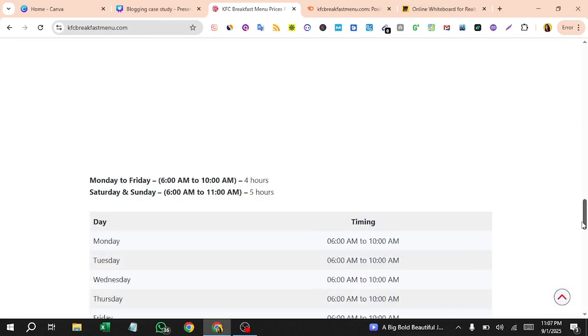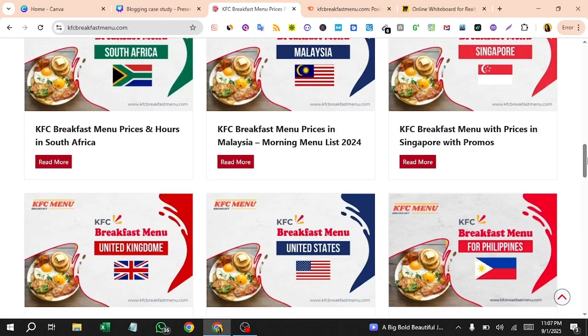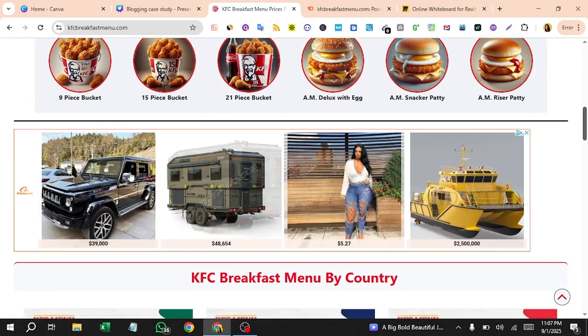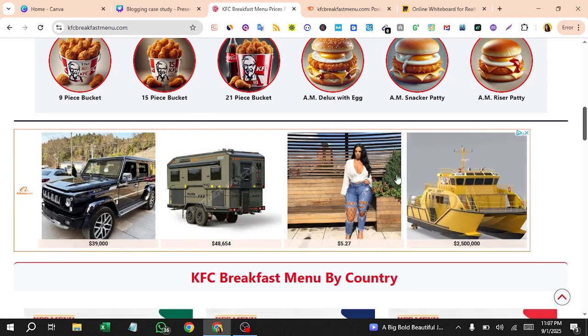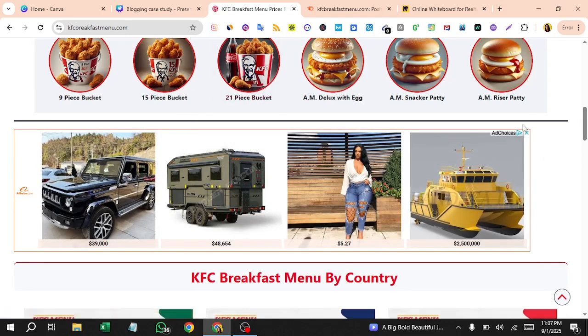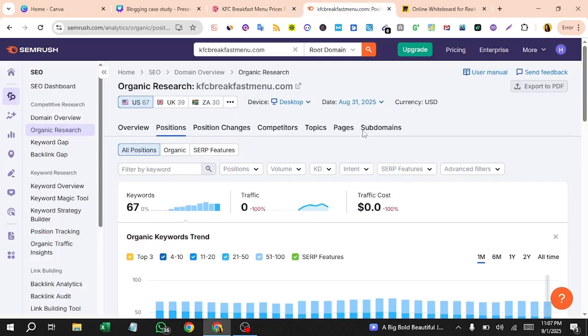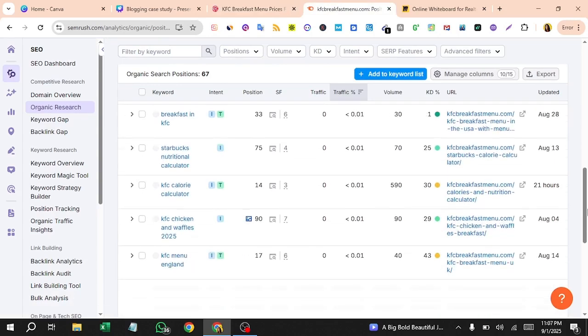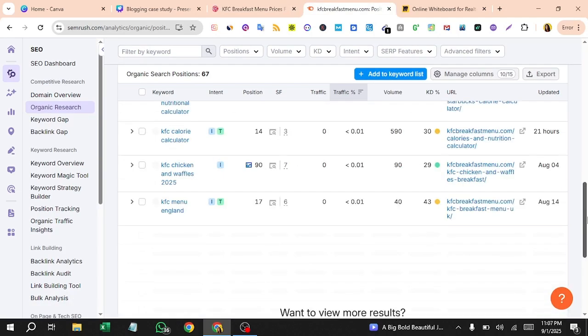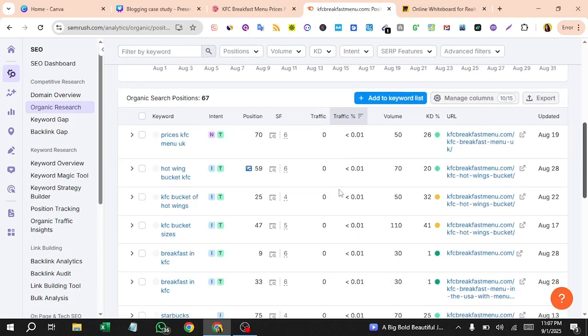So the best thing is, if you look at this site, this website is actually monetized with Google AdSense, where you can see the ads. So whenever somebody clicks on these ads, the site is making a little bit of money, because the traffic is low, because the person is starting out. And you can also create a good amount of money with this if you put content like these people are doing.